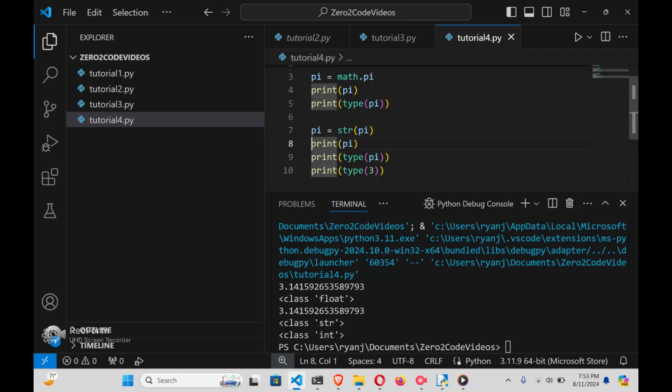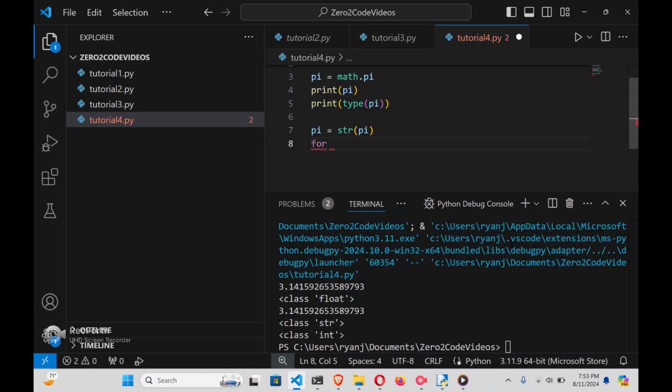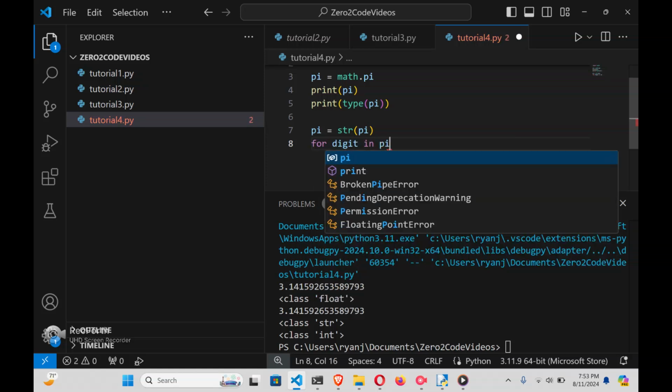Okay, so let's go ahead and print out each digit of pi. So we'll say for digit in